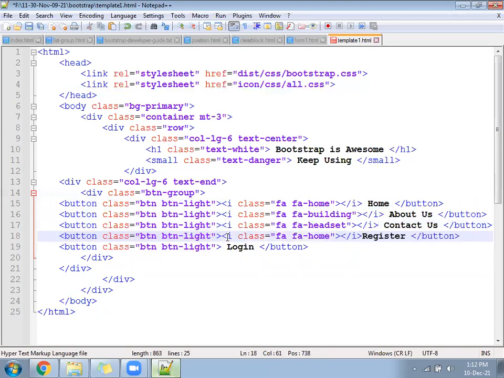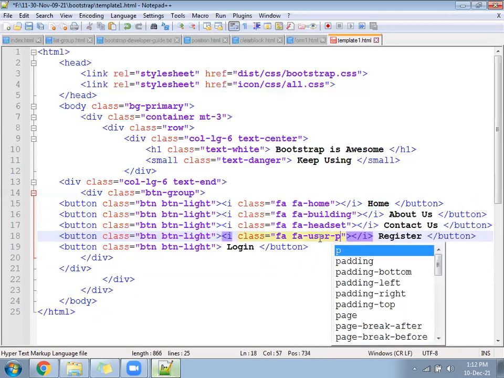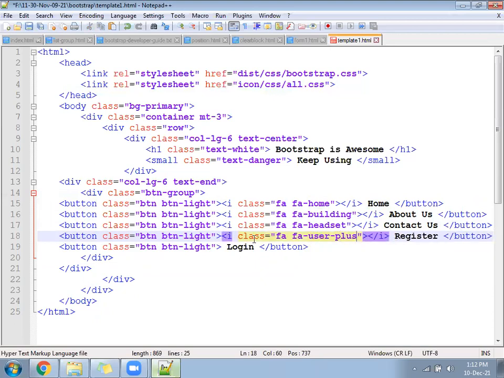Register. fa user hyphen plus. Next login. fa lock. Please check this much. Icons are coming. After closing the i tag, you must give one space from the keyboard so that between icon and text you will have some space.